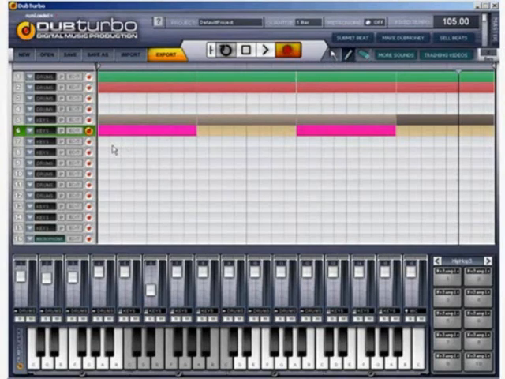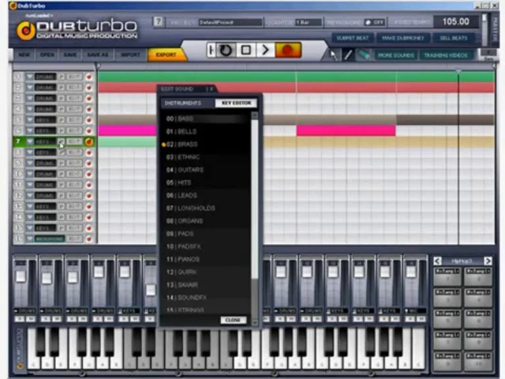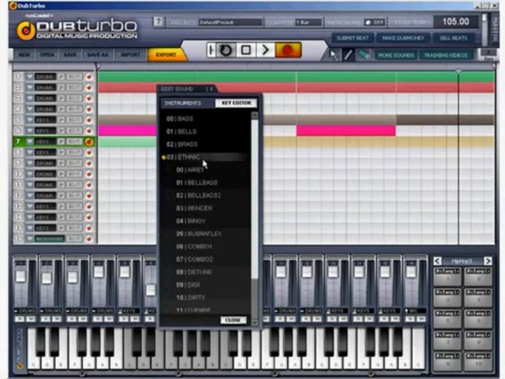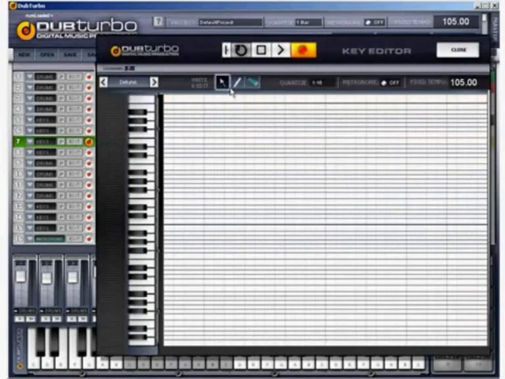Okay, next, another one, 2 bars, click, hold, and drag, click on P, click on, let's say, ethnic. Let's click on detune. Might sound a bit awkward because it is literally detuned, but why not? We can click on the pencil and draw the stuff in too. So we can go